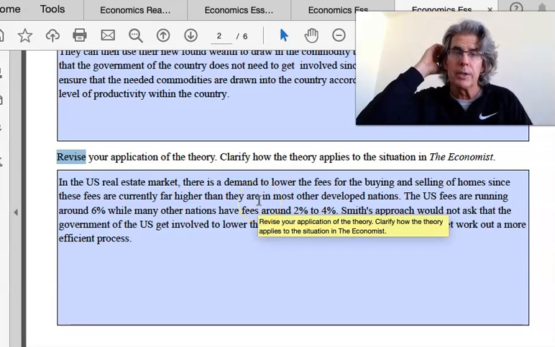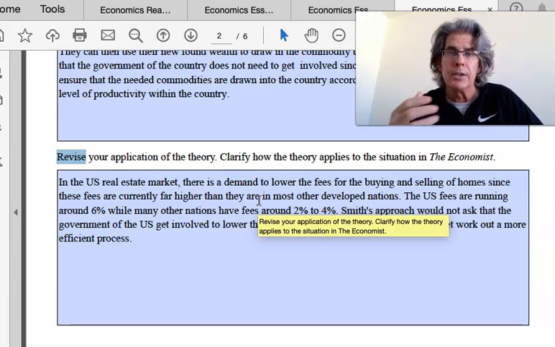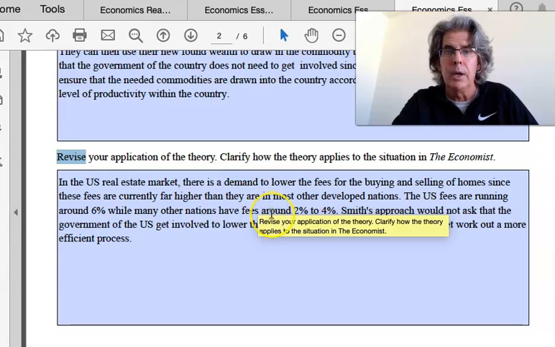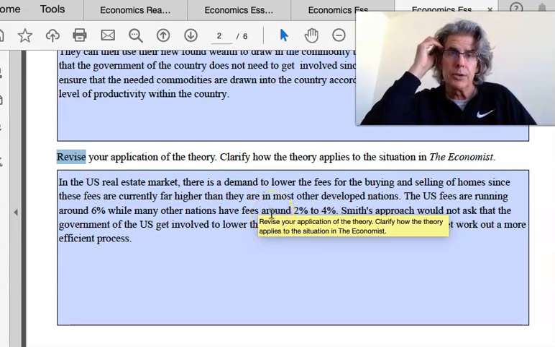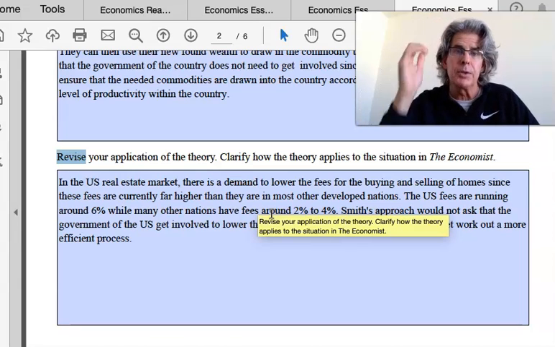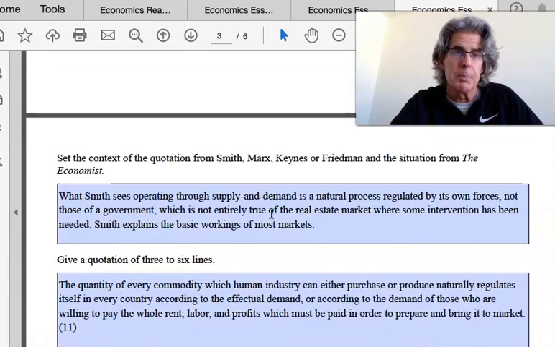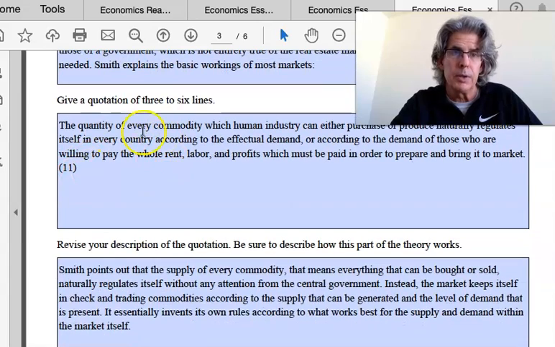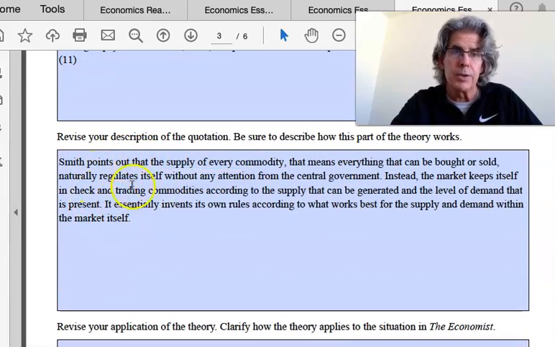And that's a lot of what I did with the analysis on this one. I didn't radically change the core notions, the core ideas that I had as I went through it. I kind of liked what I had, and I just refined the basic ideas. I just did what I thought was necessary. And I did that in the middle draft stage, in the middle body paragraphs. I set the context, redid the quotation, and revised the description. Let me show you, that's the middle draft stage.